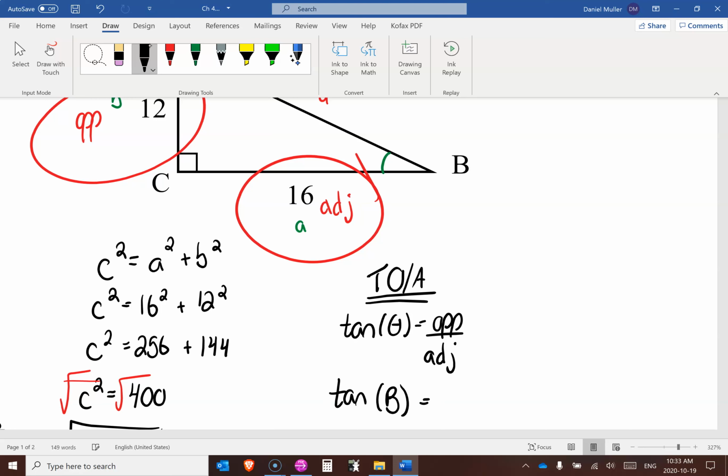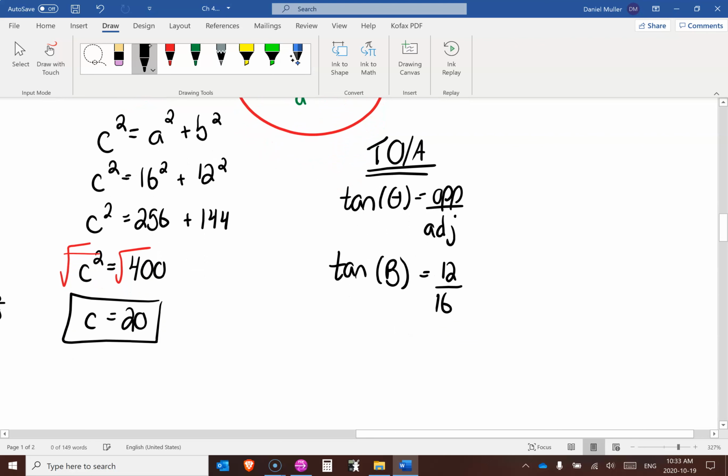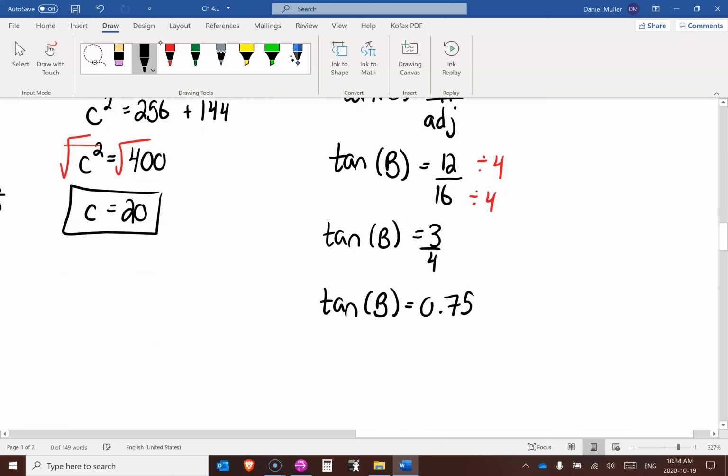Now the angle is not given to us, but we're looking at it from that perspective. So O is 12 over adjacent, which is 16. 12 over 16, I'm pretty sure that can be reduced. Those can both be divided by 4, which is equal to 3 over 4. Now 3 over 4 is 0.75. So, looking at the chart,